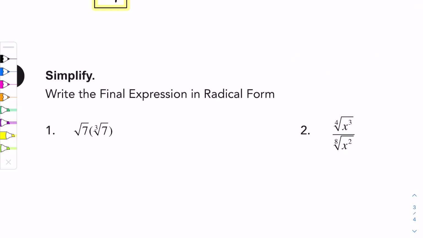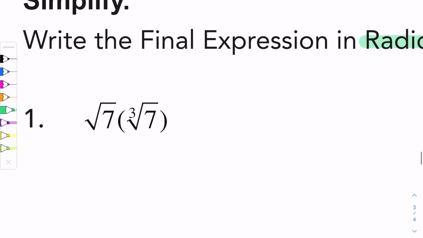Next, the directions just tell us to write the final answer in radical form. So we're simplifying this. You can approach it in any way you want to. However you do that, just make sure your final answer is in radical form because that's what the directions tell us. So number 1 is something that previously I've said that you cannot multiply together because we don't have enough